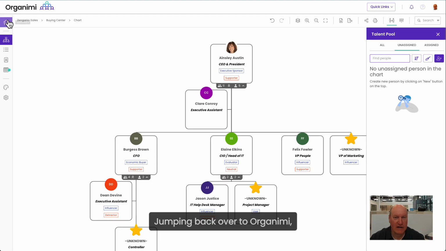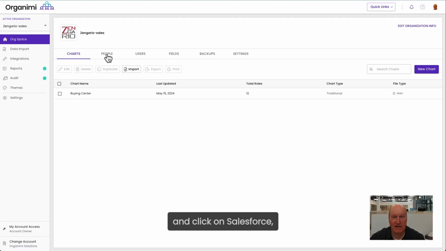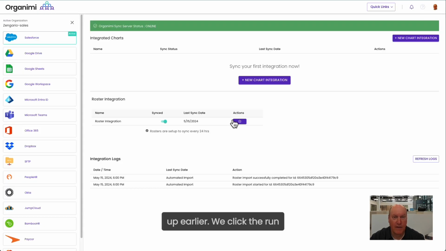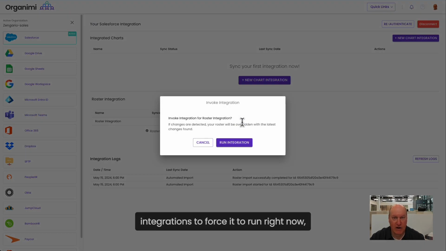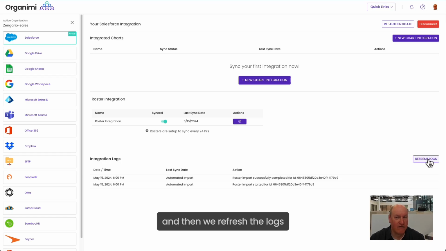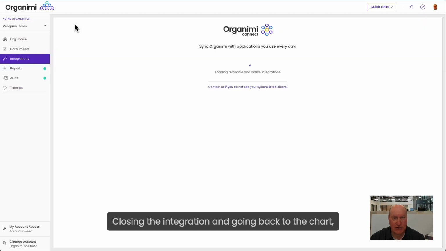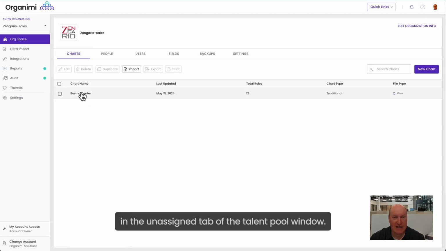Jumping back over to Organimi, we can go back to the integrations here and click on Salesforce, and then go to the roster integration that we set up earlier. We click the Run Integrations to force it to run right now. And then we refresh the logs until the integration completes. Closing the integration and going back to the chart, we see the two new contacts in the Unassigned tab of